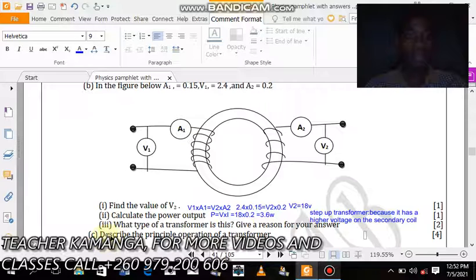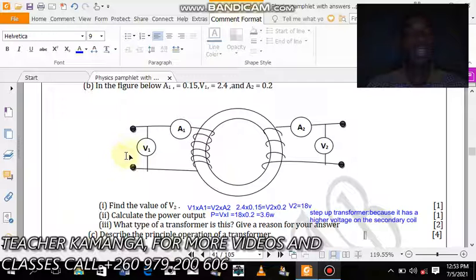Then we come to the C part, the last one. We're saying describe the principal operation of a transformer. Now when we're describing the principal operation of this transformer, we need to understand that we're just trying to explain how the voltage is induced to the other side. So it is very, very important to understand in this case. So when explaining, we're going to say